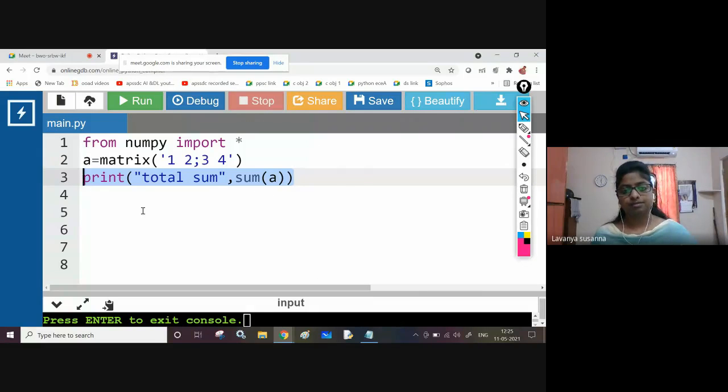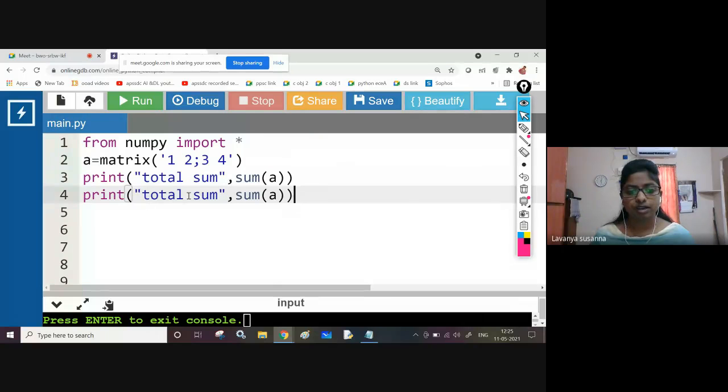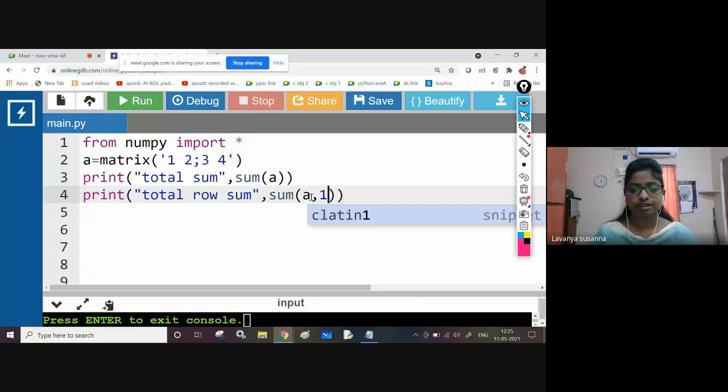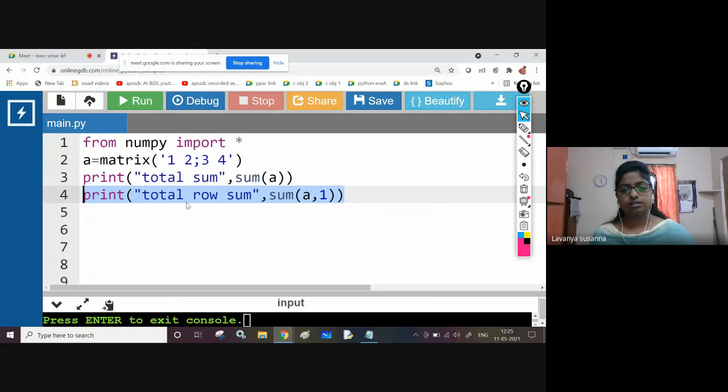Next, row sum. I'm going to print a total row sum. Row sum. How to do it? Sum of A comma 1. Axis, you need to provide axis. 1 means a row axis.